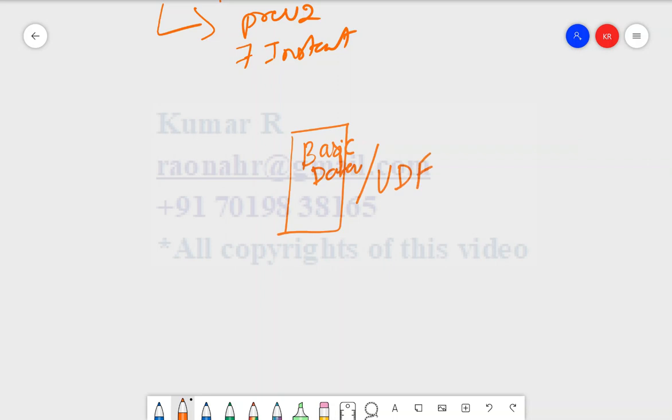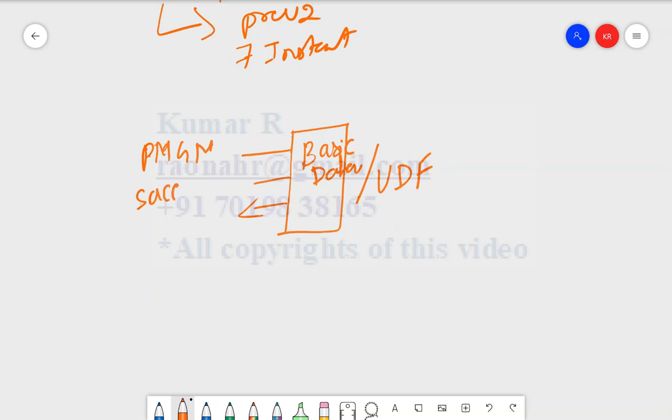UDF is nothing but user data file. Once you enter the basic data like first name, last name, hiring date, date of birth, salutation, based on that data I can run the other applications, whether it could be the PMGM module,